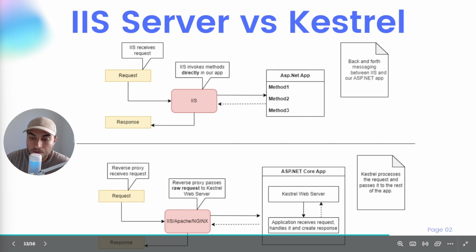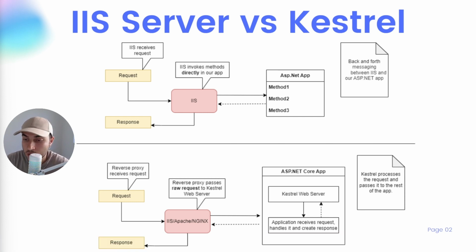But we could also expose our ASP.NET Core application directly onto the internet, right? Because the Kestrel will be able to receive the request directly. But the most common scenario is to use a reverse proxy, which is going to be sitting between the network and our application. The reverse proxy's responsibility is to basically receive the requests and forward them to the corresponding